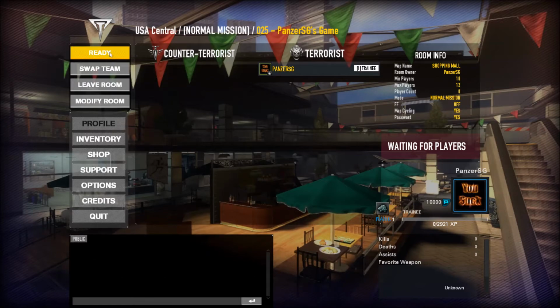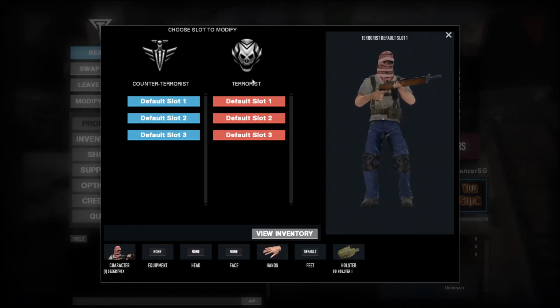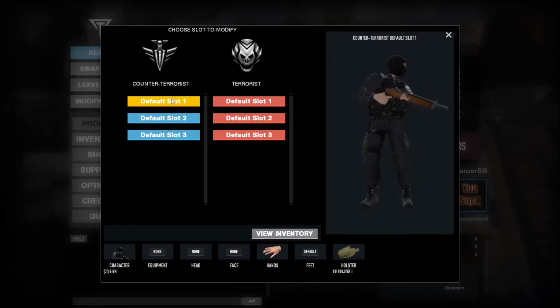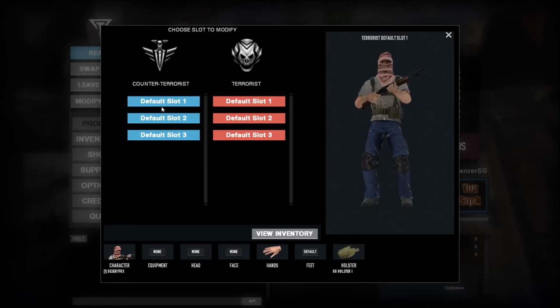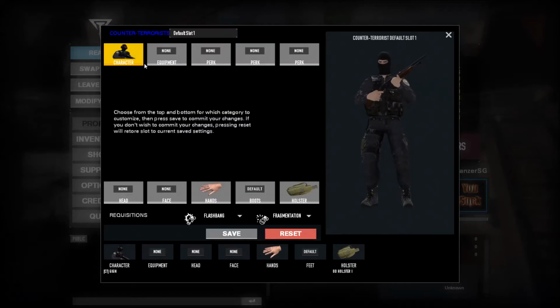Okay. Now, let's have a look at the inventory here. If you play as counter-terrorist or terrorist, like I said, this is a spiritual successor to Counter-Strike. So the teams are like that, or at least it's intended to be like that. You can see there are some options down here, like different inventories, like loadout slots. So if I choose a loadout slot,